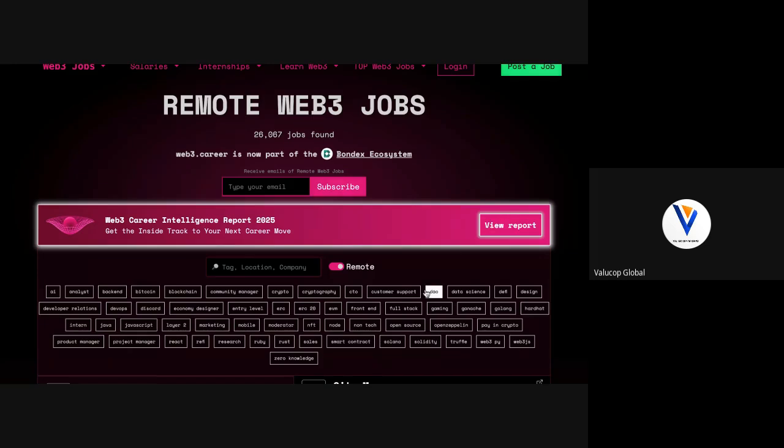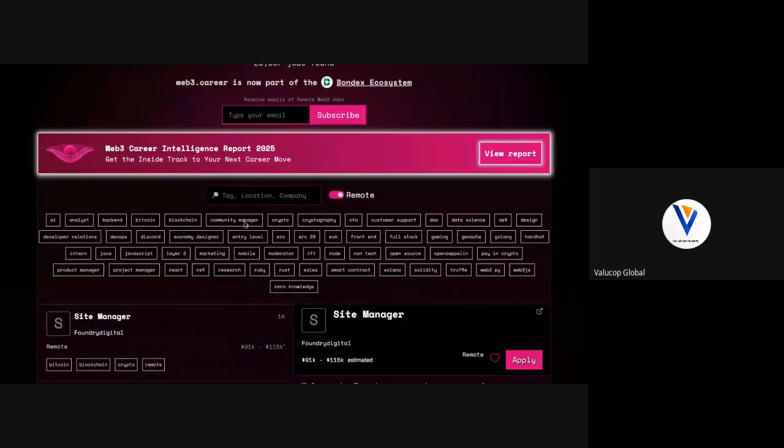So moving on. These are categories for different jobs: AI analyst, back-end Bitcoin, community manager. Recently, developers come to me looking for opportunities, but oftentimes I get writers, community managers, marketing people. They come looking for opportunities and how they can access them.